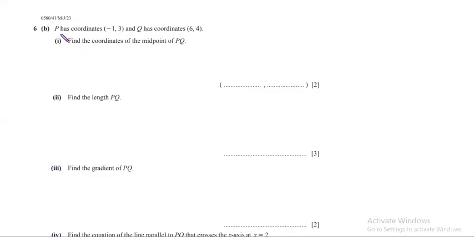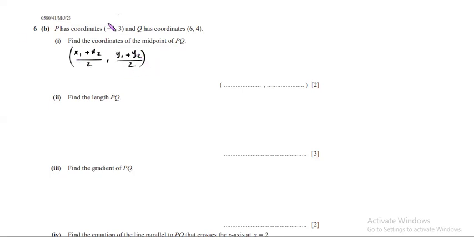In this question, P has coordinates (-1, 3) and Q has coordinates (6, 4). Find the coordinates of the midpoint of PQ. To find the midpoint of PQ, we need to use the midpoint formula. That is, we add the two x values and divide by 2, and we add the y values and divide by 2. So it's like we're trying to calculate the average of the x values and the average of the